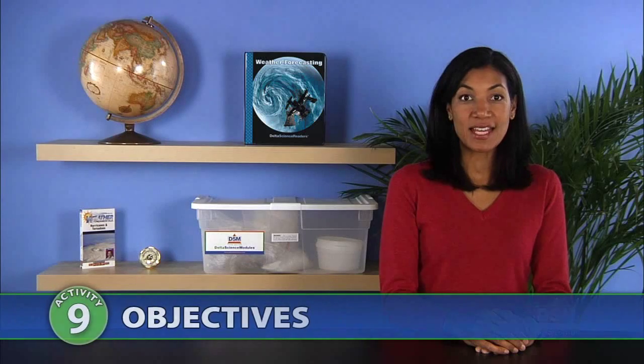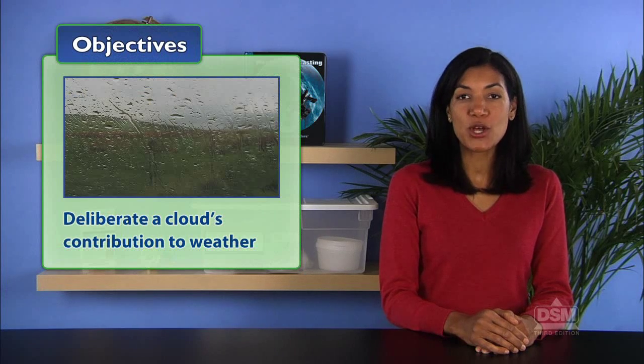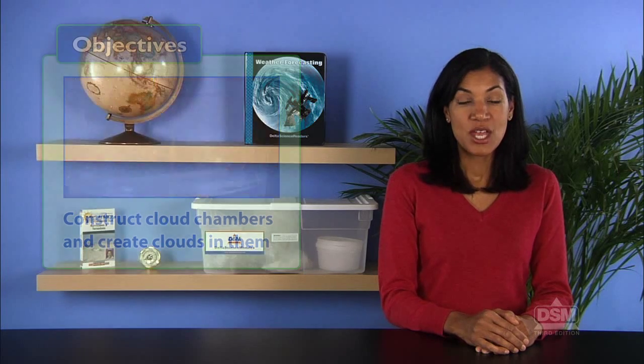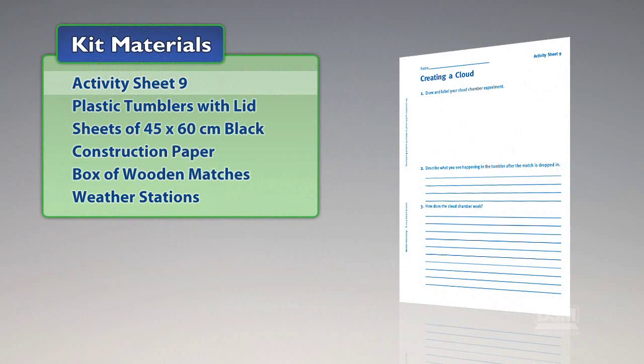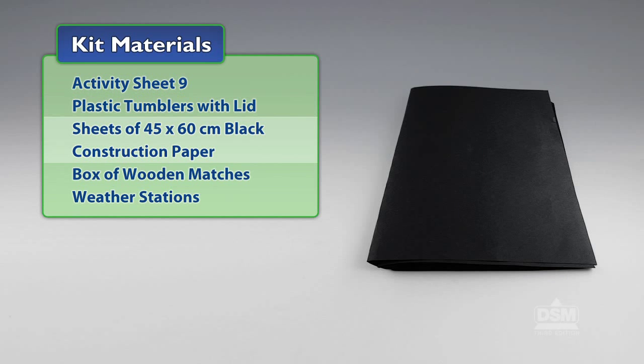In Activity 9, Creating a Cloud, students first discuss how clouds form, then deliberate a cloud's contribution to weather, and finally construct cloud chambers and create clouds in them. You will need the following materials from the kit: Activity Sheet 9, plastic tumblers with lid, sheets of 45 by